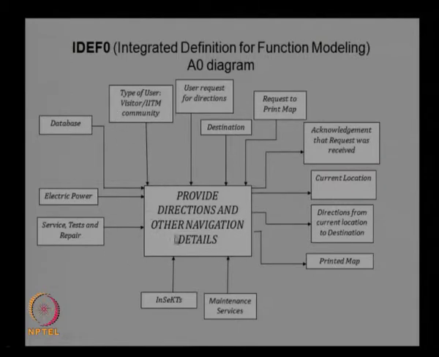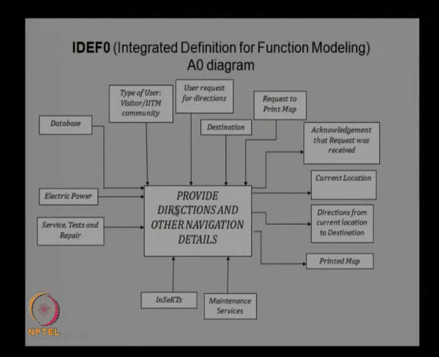The main function, we can say, is to provide directions and other navigation details to the visitors. Of course, you can have additional functions also, but here we show this as one of the main functions, and the external systems and interactions needed for the system are shown here in the context diagram. Insights is the main hardware which actually provides this function. So, this is the context diagram or A0 diagram, and then we try to decompose this diagram into sub functions. We start with the main function, provide directions and other navigation details, and then decompose it into sub functions.